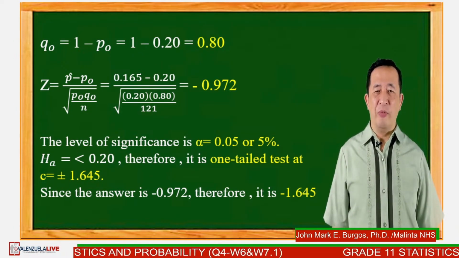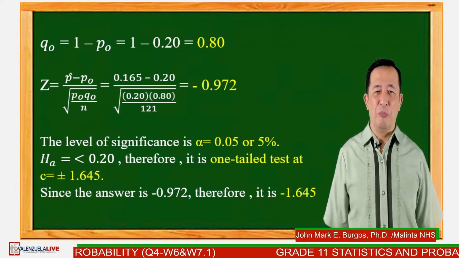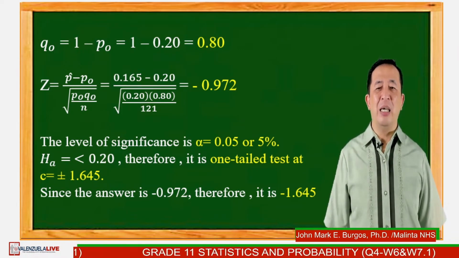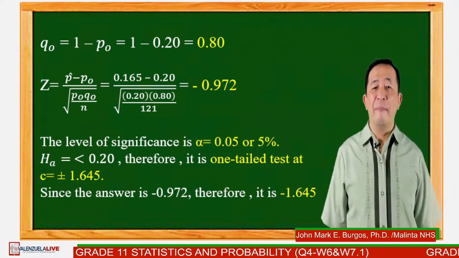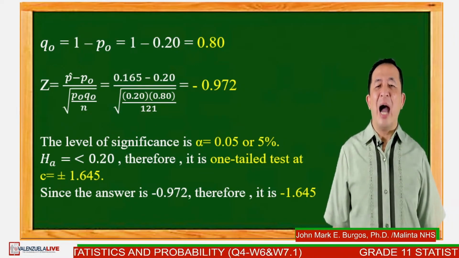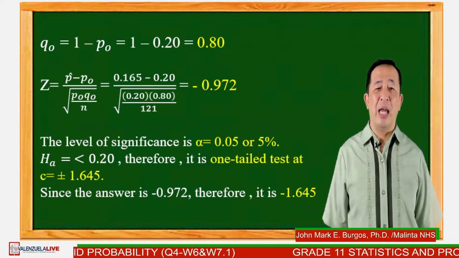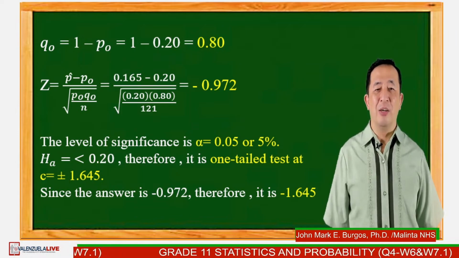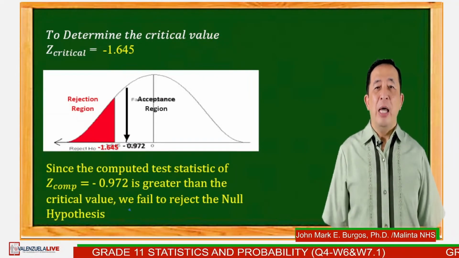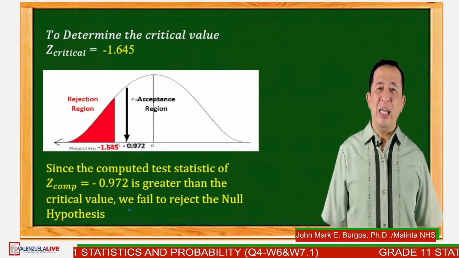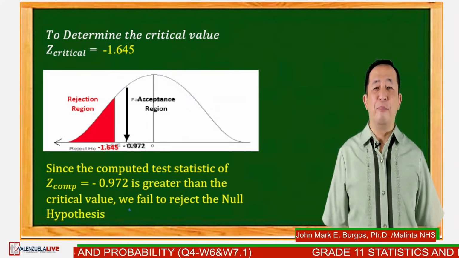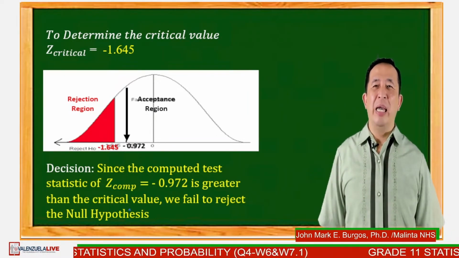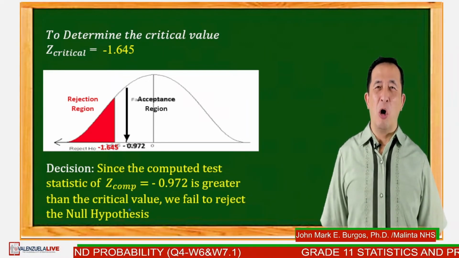The alternate hypothesis is less than 0.20. Therefore, it is a one-tailed test and Z critical is positive or negative 1.645. Since the answer is negative 0.972, therefore we have to choose negative 1.645. To determine the critical value, the z sub critical is equal to negative 1.645. As we can see in the figure, the decision will be,